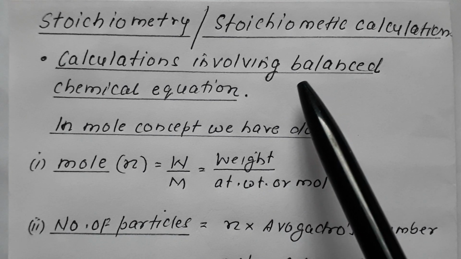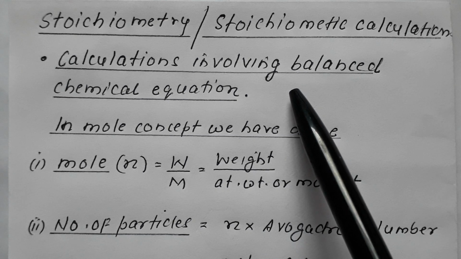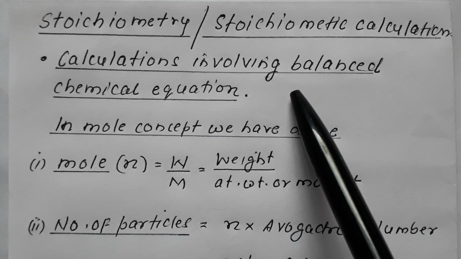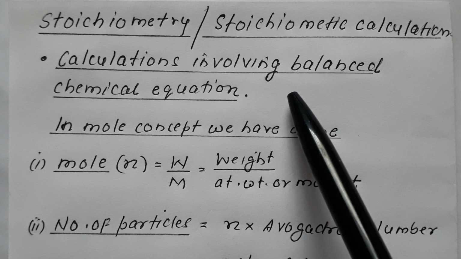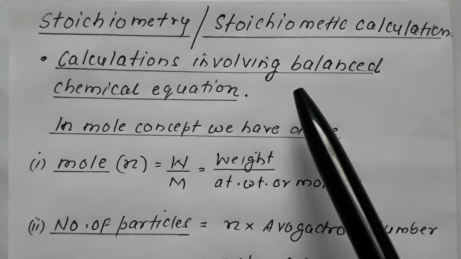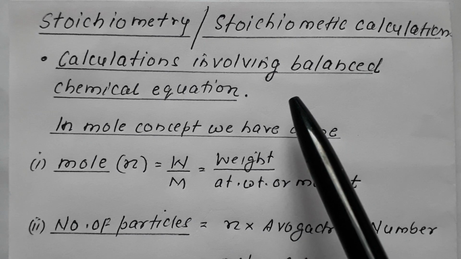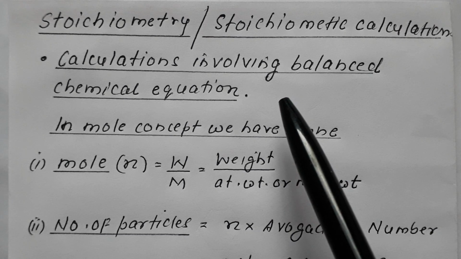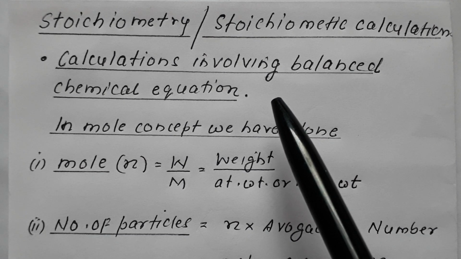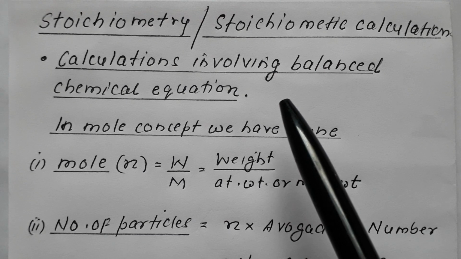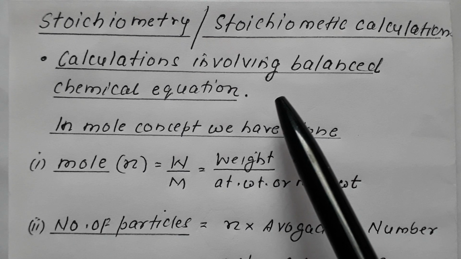So for any given problem, we have to write a balanced chemical equation. We have already dealt with what a chemical equation is and how chemical equations are balanced. So if you want, you can view the previous videos which deal with the chemical equation and its balancing using a very important method called the partial balancing method. But over here a simple balanced chemical equation is good enough.